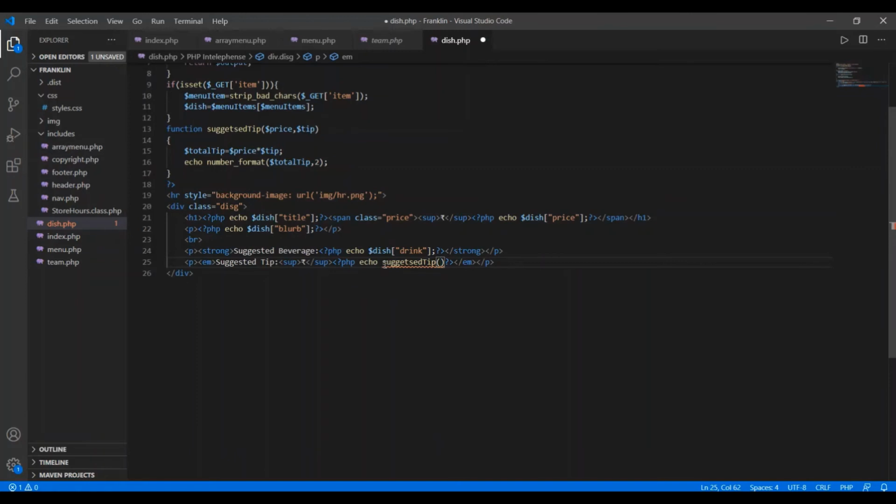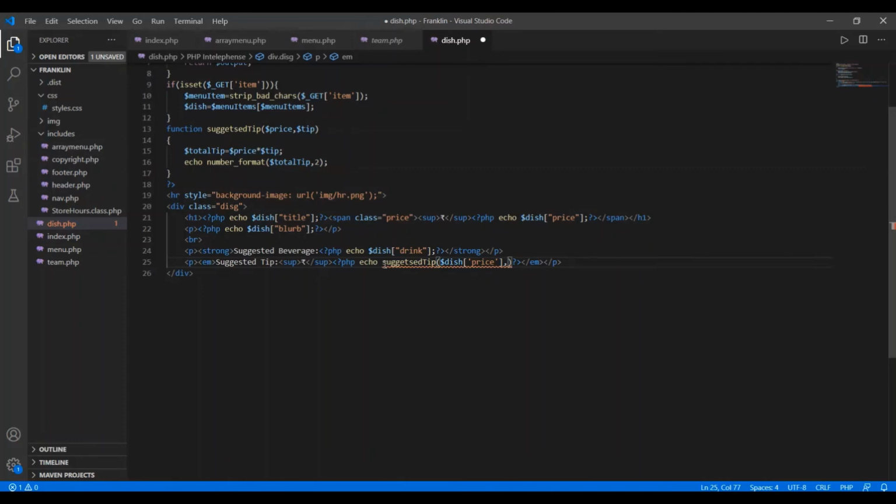And to this we have to pass arguments. The suggested tip function will take two arguments: one is the price of that dish, and the other is some percentage for that tip. So here I'm going to use the variable dish price, then for the second parameter, I just wanted to say the tip should be 20% of the price.